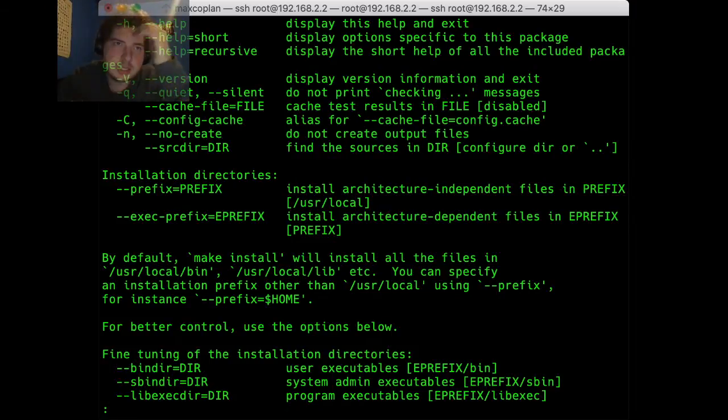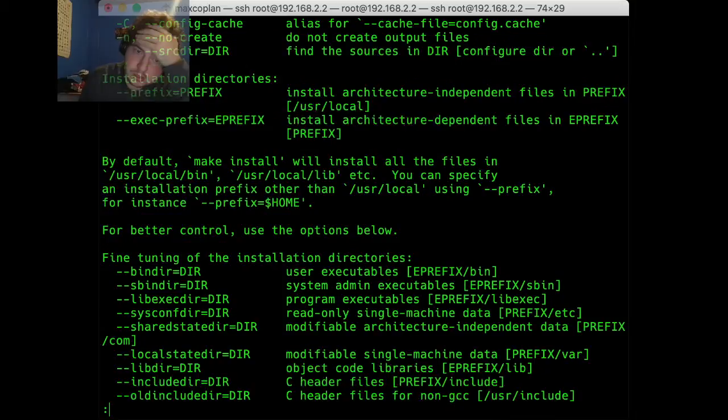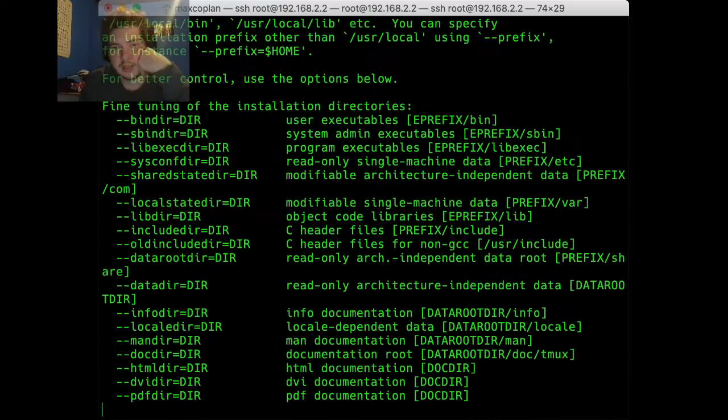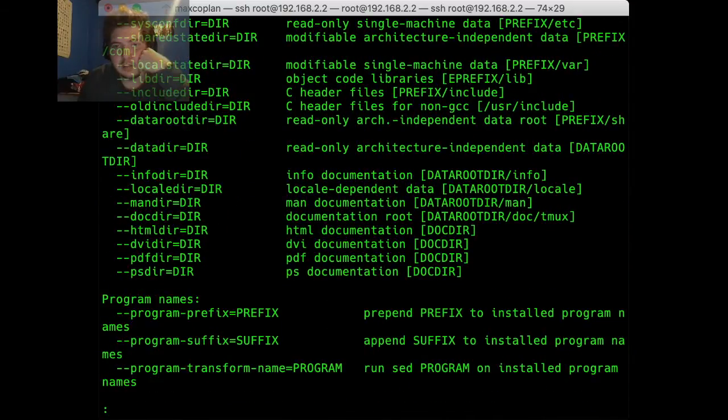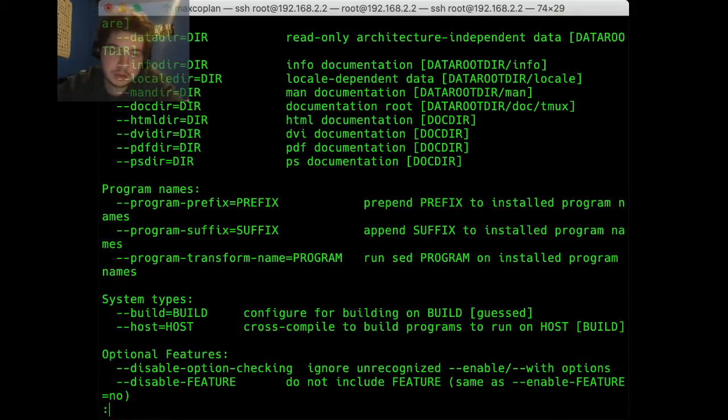And should I put it in /usr/local or just /usr? That's a good question. Okay. The bin directory, local static there. I don't want any of that static stuff. System types build.